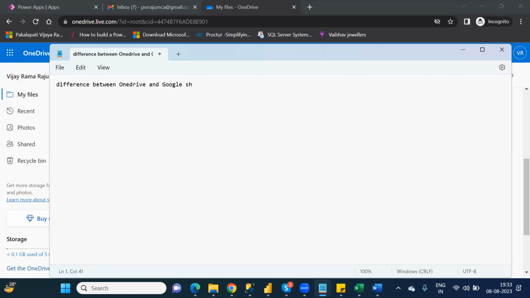In Google Sheet, you can prepare the Excel, but you cannot convert it into a format as a table. You can directly pull that particular Excel data into Power Apps and you can create an application. That means for Google Sheet,